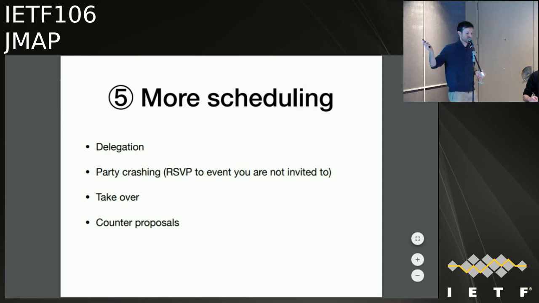Although with the new property of allows forwarding, that would actually tell you, because it says, do I allow other people to come? And also taking over an event, which is where the organizer needs to change. Normally, this again is in iTIP. It says you can agree out of band that someone else has organized this event now, and then they take over as the organizer. CalDAV never really offered a way to do this, but this turns out to be something that you actually do need to do from time to time. So again, I thought it would be worth putting in just how you should do this over the protocol. The last one I don't plan to add, because as far as I can tell, no one uses it anymore, which is countering via iTIP.